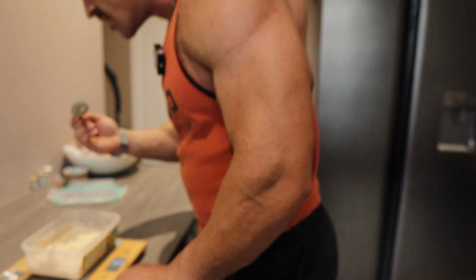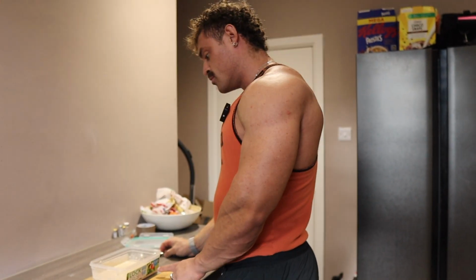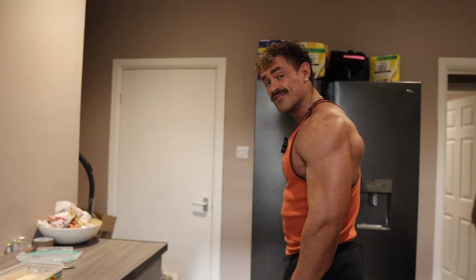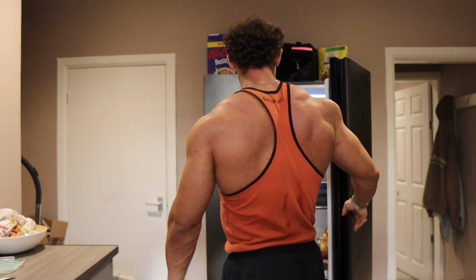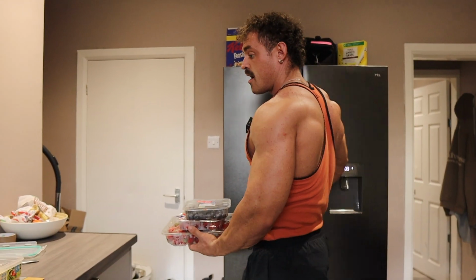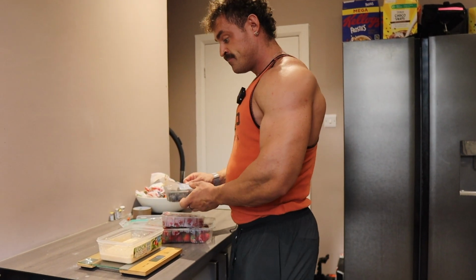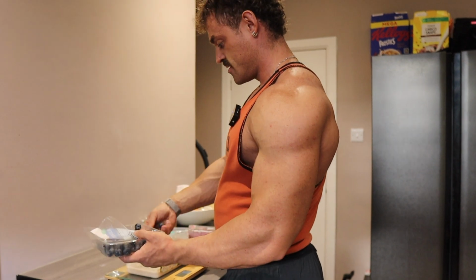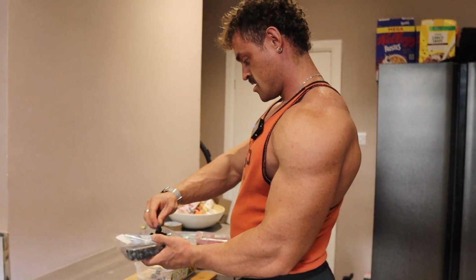Now what I'm going to do as well is put the fruit in now and just hope it doesn't get soggy. But I don't have time in the morning to be chopping up a load of berries and doing all that other sort of stuff. So I'm just going to pop it in now. And if they get a little bit soggy, they get a little bit soggy. So a bit of a berry medley. This is what I've been loving at the moment. So we'll do